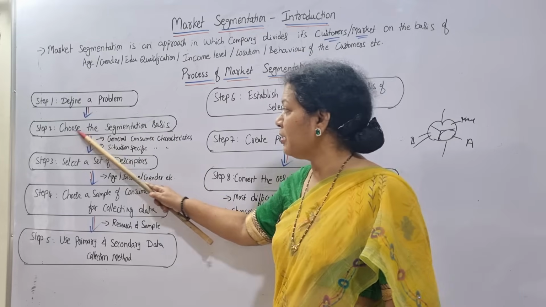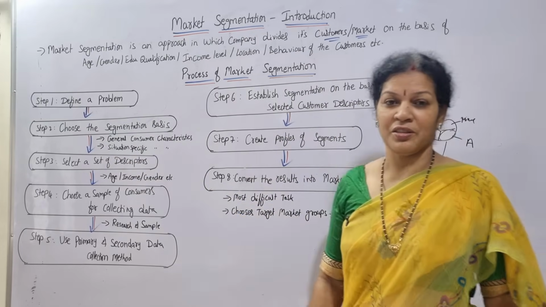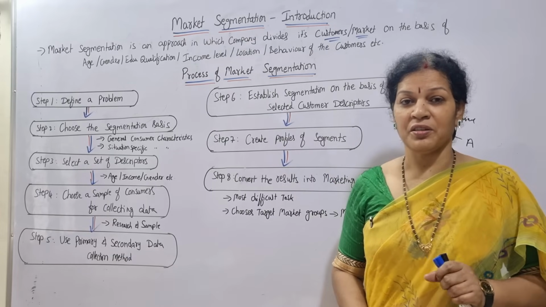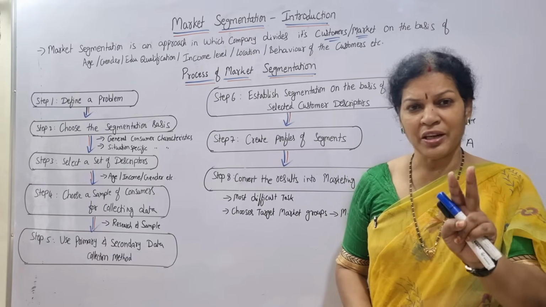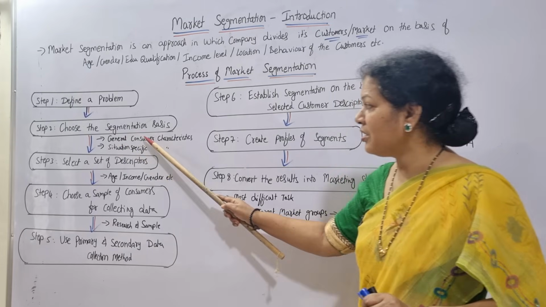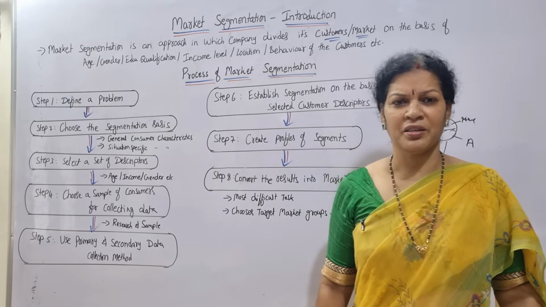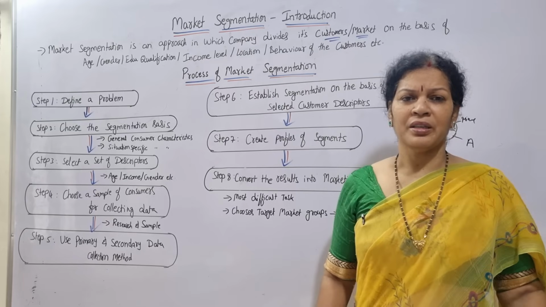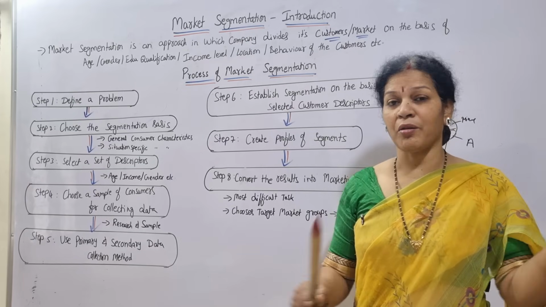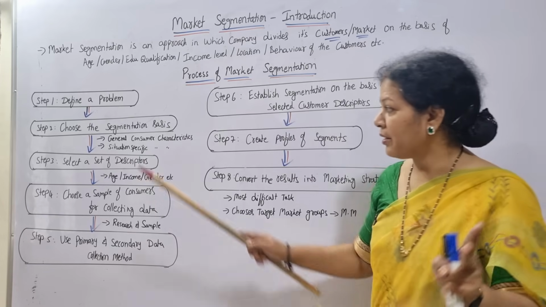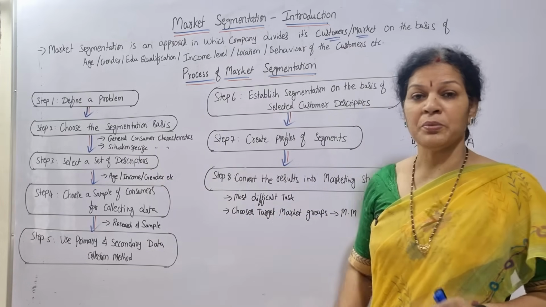Step number 2 is here, choose the segmentation basis. What is the basis of the segmentation? When you want to choose it, there are two ways. One is general consumer characters, generally what the customer is expecting, that consumer point of view, and according to that you can go for segmentation. This is one concept. Another one is situation specific